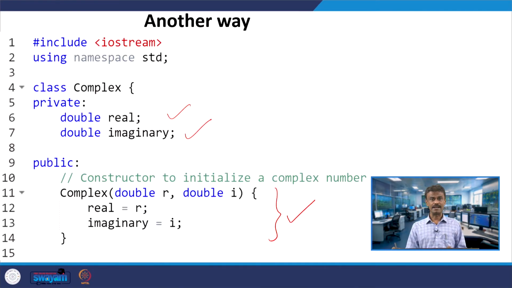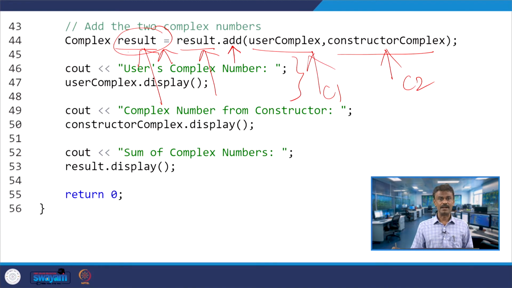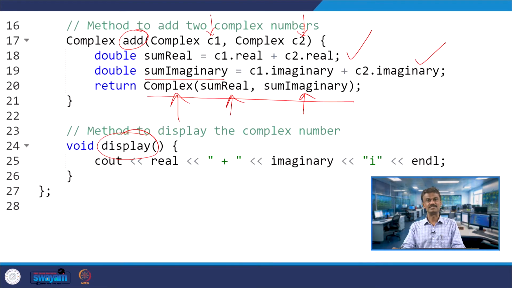So, in one case the result is invoking the add function, and you are passing two arguments C1 and C2, user complex and constructor complex, and then they will be copied to C1 and C2 and the rest is the same.